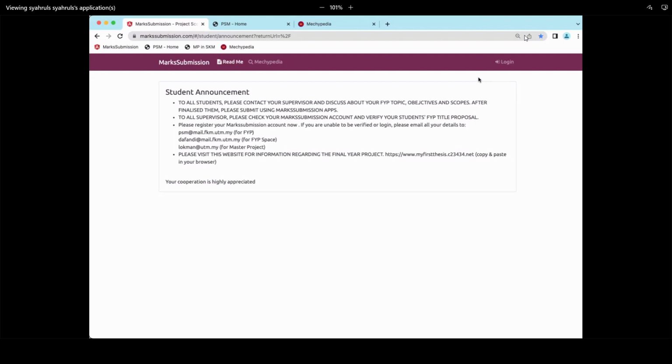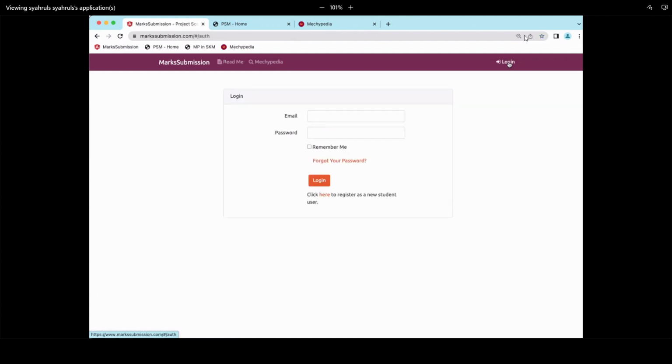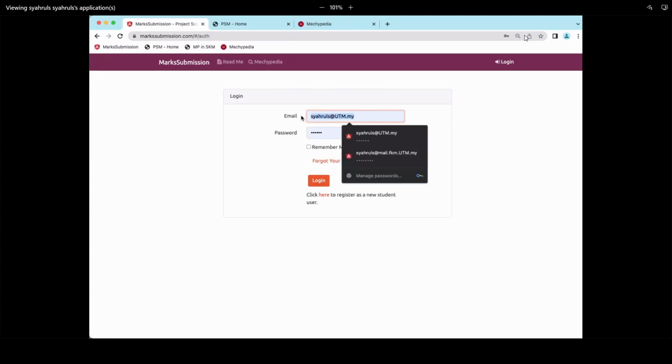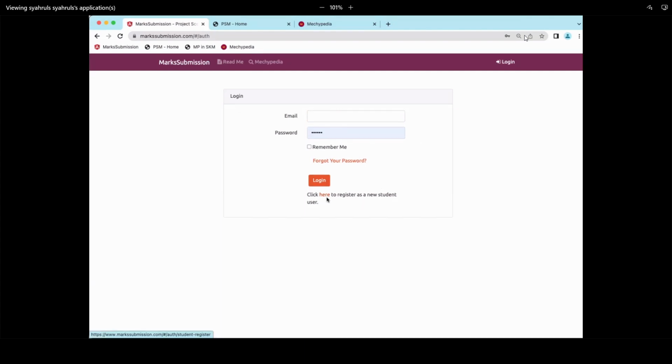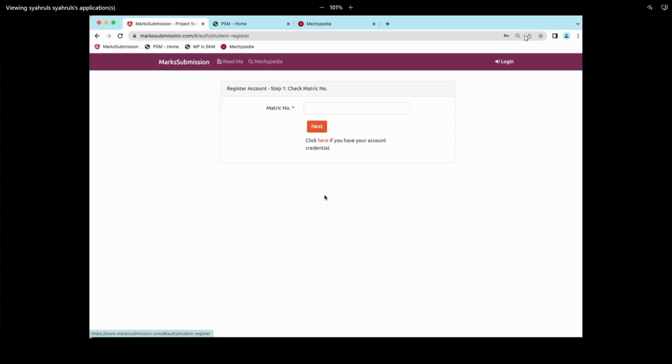So how to register is by clicking the login menu here. If you still do not have any account, you just click here to register as a new student. If you click here, please type your metric number and then next, and then you need to fill in your email address and